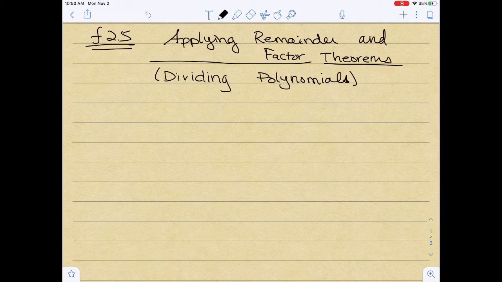Hey everybody, we're going over section 2.5 today. We're applying the remainder and factor theorems, which we're going to learn about, and we're going to be dividing polynomials. And there's two ways to do that. We're going to talk about long division of polynomials,